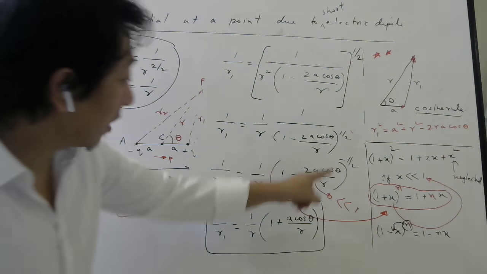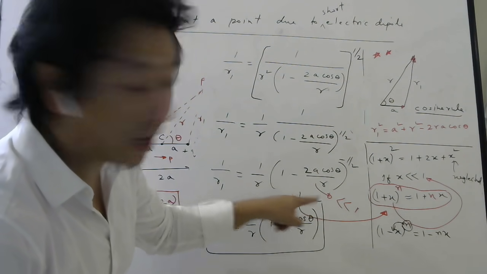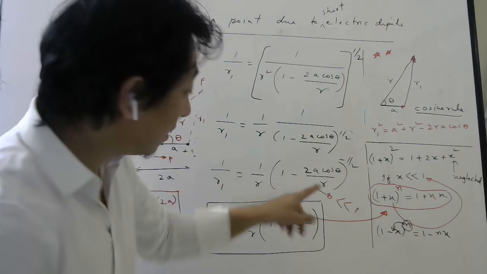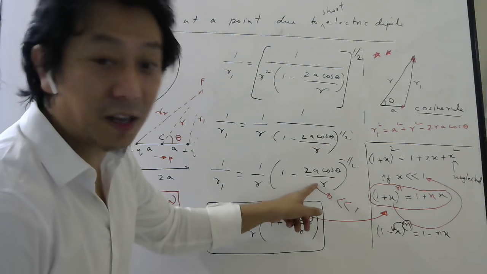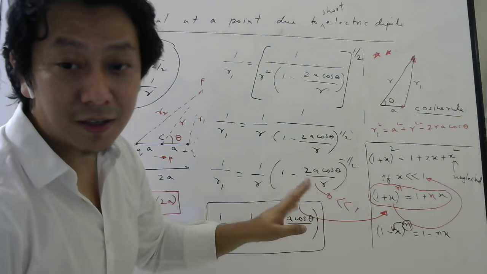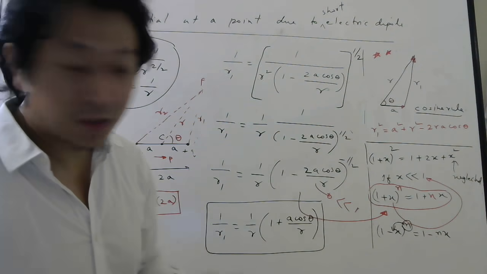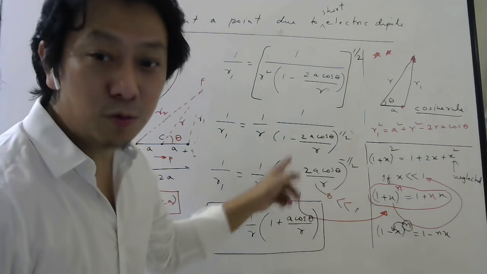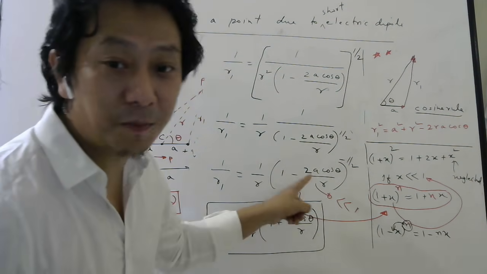And you know this is less than 1 because numerator is a, denominator is r. Cos theta is less than 1, don't worry. So this a is very small, like 0.01. This is very large, like 100 meter. So 0.1 divided by 100 meter will be 0.00 something. So this will be very small. Into 2 also will be 0.002 only, no. So this will be very small compared to 1.